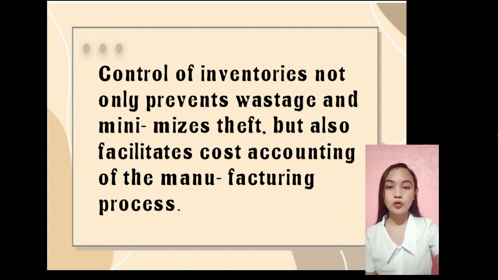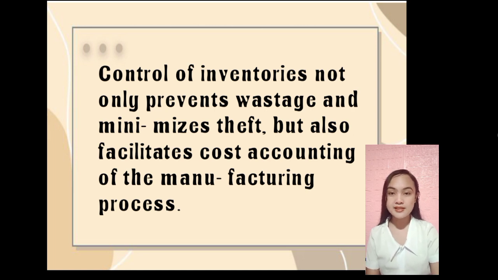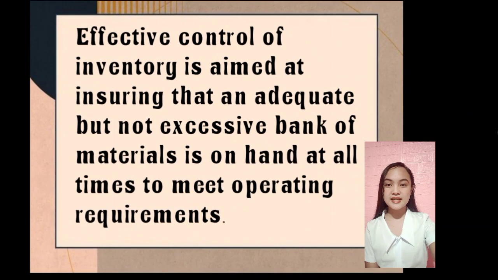Control of inventories not only prevents wastage and minimizes theft, but also facilitates cost accounting of the manufacturing process. Ordering points, when economic quantities may be ordered, can be set with greater precision. It is also easier to establish the warning point when follow-up of materials which have been ordered must be made, otherwise delays and interruption in actual manufacture may result. And moving on to the next slide, we have here